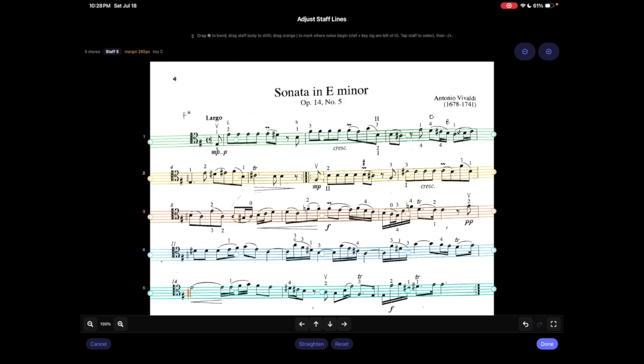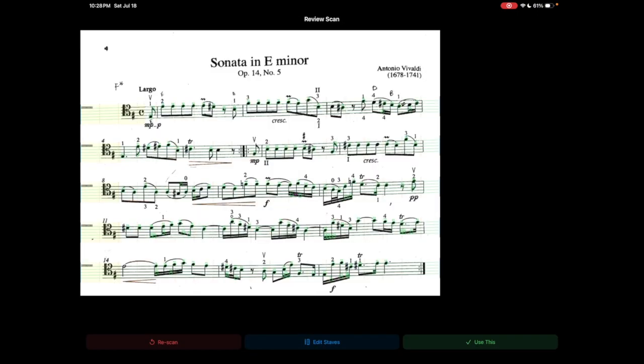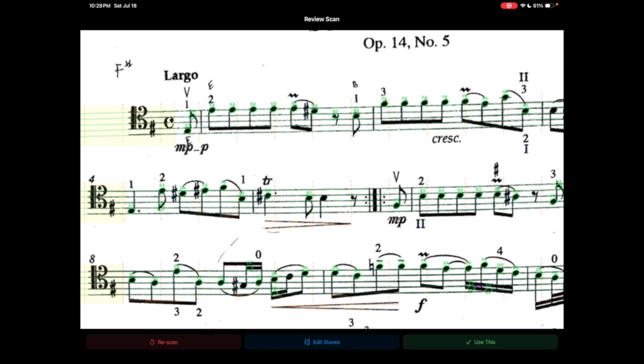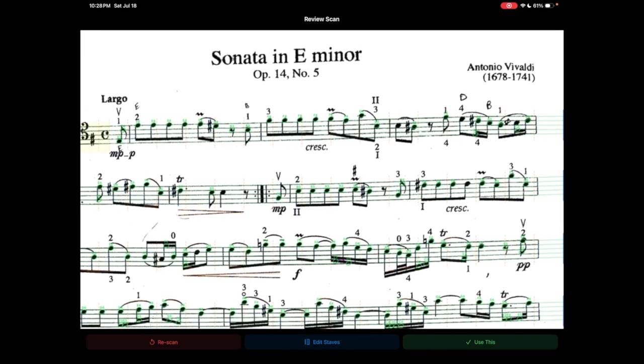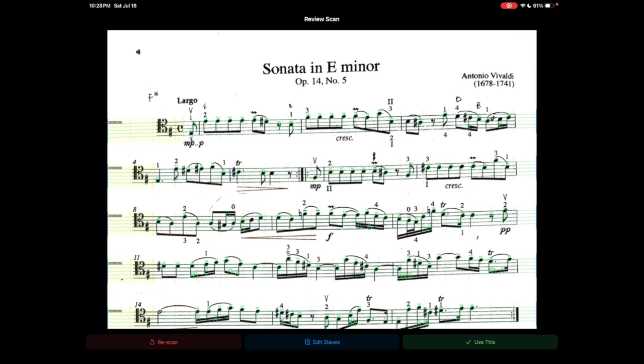Okay, that looks pretty good. Happy with it. The different colors are just for fun. They don't mean anything. Press done. Now you can see the magic happen, and it does a good job. This is basically my first version of the algorithm that I've developed, and it does a pretty good job of the notes. It does detect flags and rests sometimes and beams, and I will be adjusting this in the future